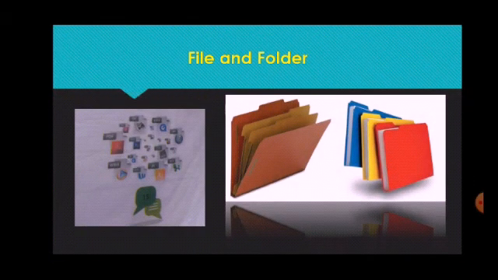Now I will talk about the Windows Explorer contents. There are various navigation tools and buttons and it is divided into two parts, left pane and right pane. The left pane displays drives and folders and the right pane displays files or folders in the current folder or drive. There are some navigating tools and buttons like navigating button, toolbar, address bar, navigation pane, library pane, search bar and so many more.